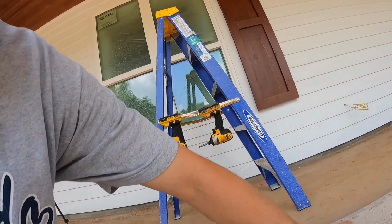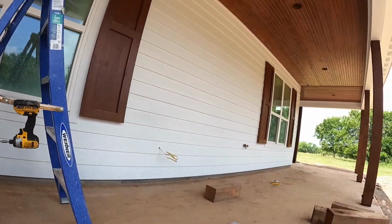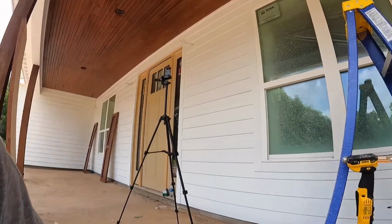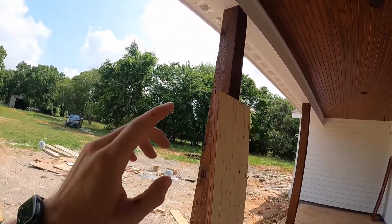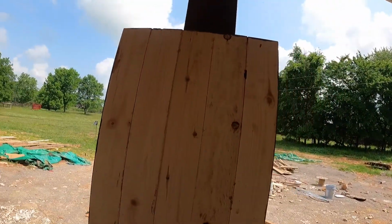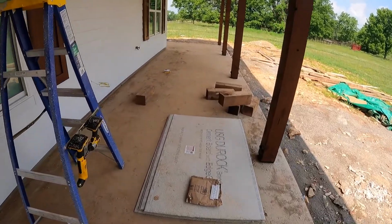So we're back out here. It's actually the next day. Some jackwagon forgot half of the French cleats. So I said 3 down, 3 to go yesterday. And when I went to put them on this one, realized I didn't have any more French cleats. And I had forgot half the bundles I had bought. So